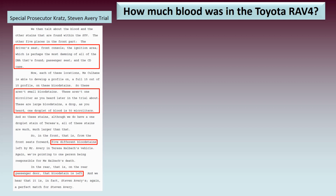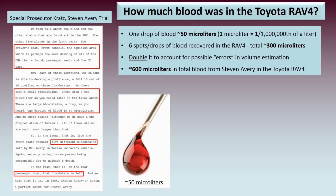What Ken Kratz was trying to say was that in the Toyota RAV4, there were 6 droplets of blood. Now, let's have a look at this. 1 drop of blood is approximately 50 microliters. Just to let you know, 1 microliter is one millionth of a liter. It's an extremely small volume. Now, 6 spots or drops of blood were recovered in the RAV4. That totals around 300 microliters. And for argument's sake, let's double the volume to account for possible errors in volume estimation. So therefore, we're looking at a total of around 600 microliters of Steven Avery's blood that was in the